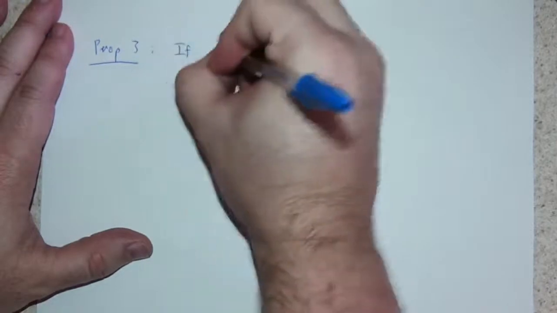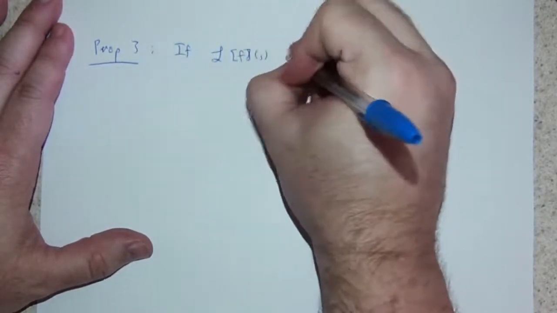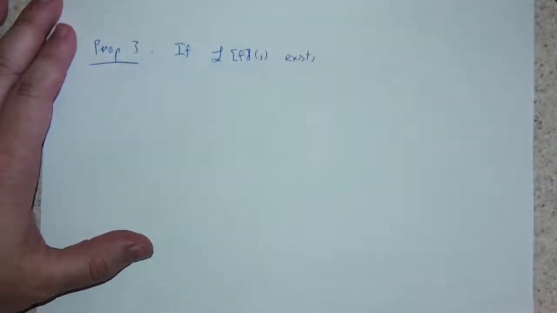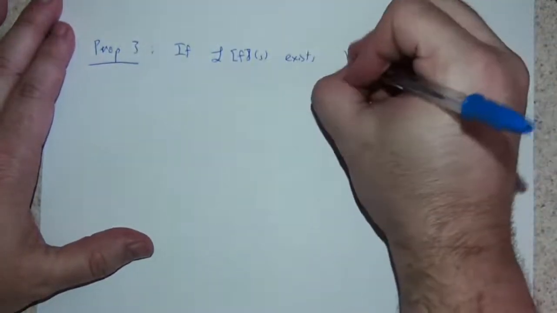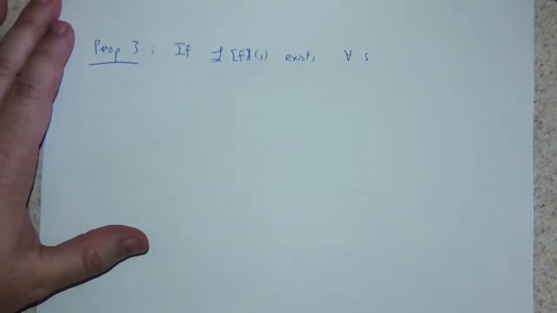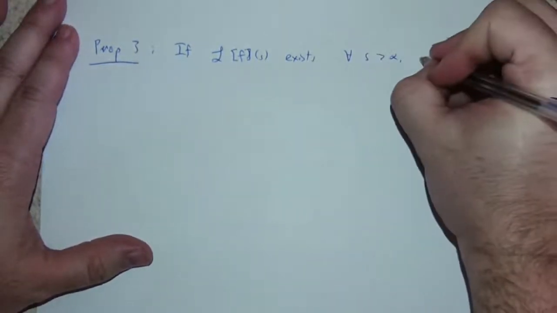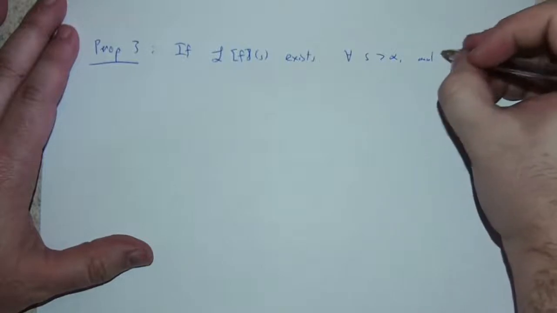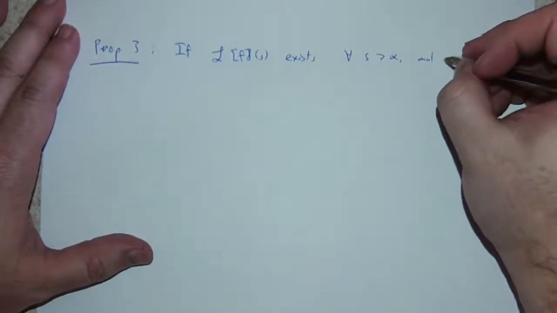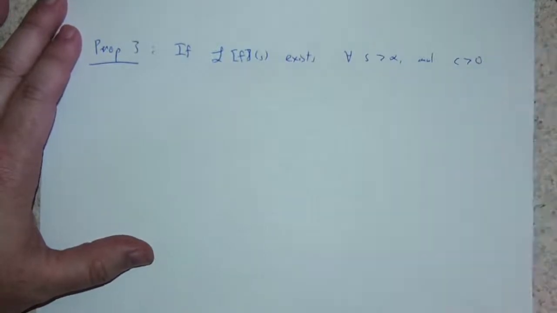Prop 3: if the Laplace transform of f(s) exists for all s greater than, say, alpha here, and let's let c be any constant, so c greater than 0, then